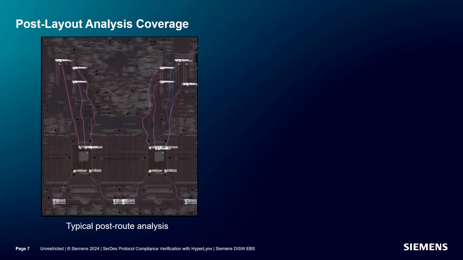Using manual post route extraction means that you won't be able to verify all of the nets in your system because that will require too much effort. Typically, only a handful of nets get modeled and verified. Usually, it's the longest, shortest nets that have unusual routing and a few random samples. This is what a typical post route analysis might cover. Anything that doesn't get verified, well, that's just going back to our hope for the best strategy, isn't it?